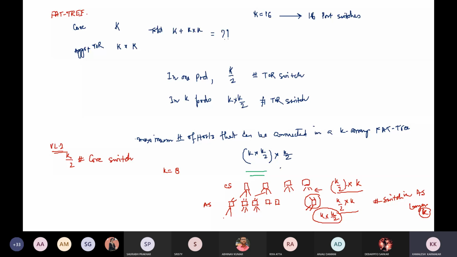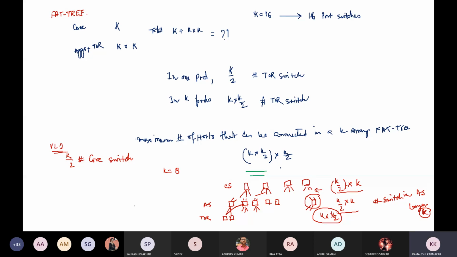And every TOR switch is connected with 2 aggregation switches. So if one TOR switch is connected with 2 aggregation switches, then what will be the total number of TOR switches? The number of links in the aggregation switch layer, that is this value, divided by 2.